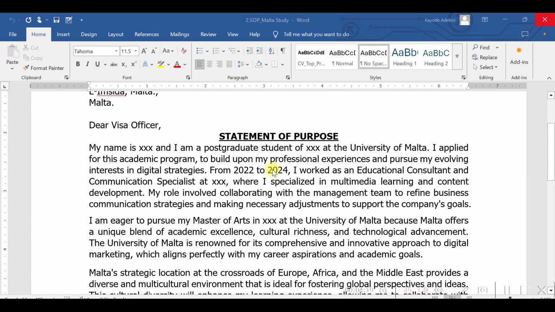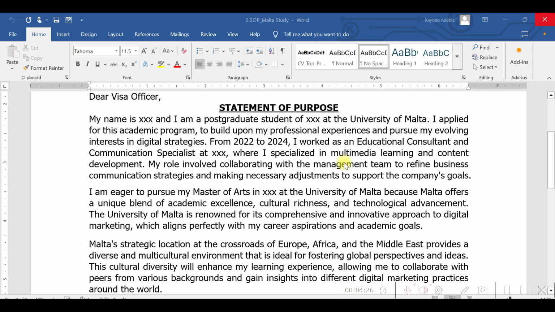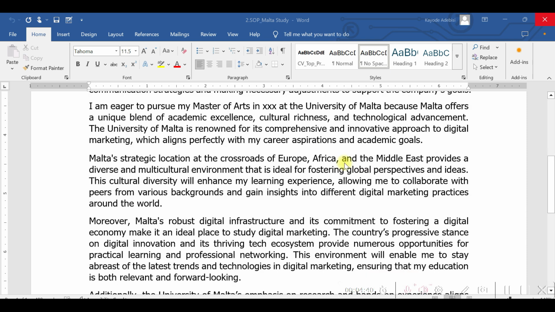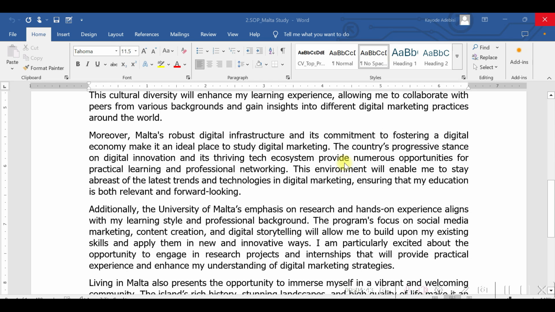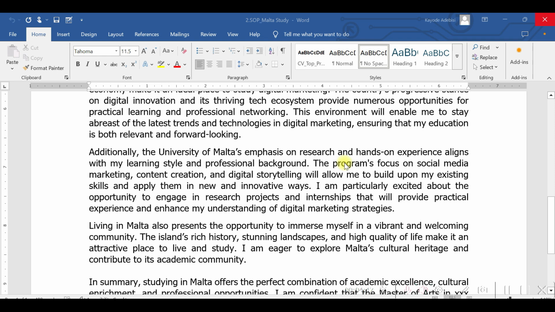And look at how we're able to coin out our introduction. I'm sorry, our SOP. Same process. Introduction first. Provided information around our qualifications and background. Linked it up with the school, linked it up with our own work experience, linked it up with why she chose Malta as a place of interest, right? And also emphasizing what are the strengths of the university. All this sums up into the background, right?